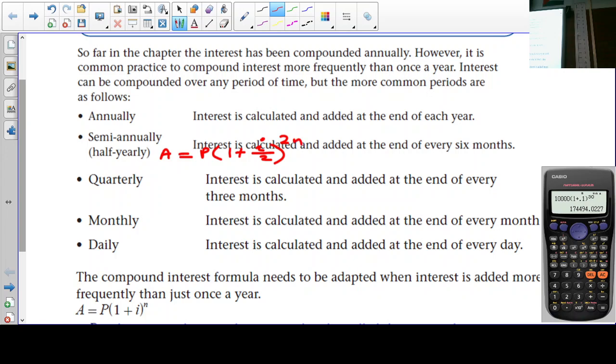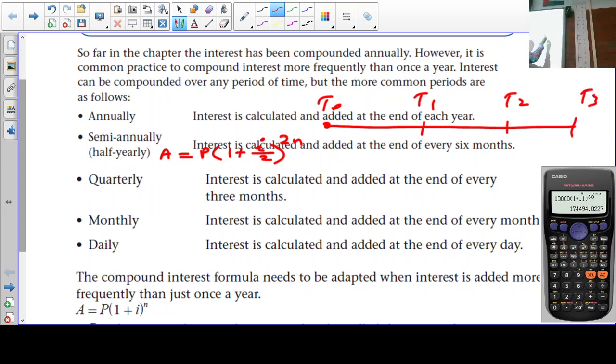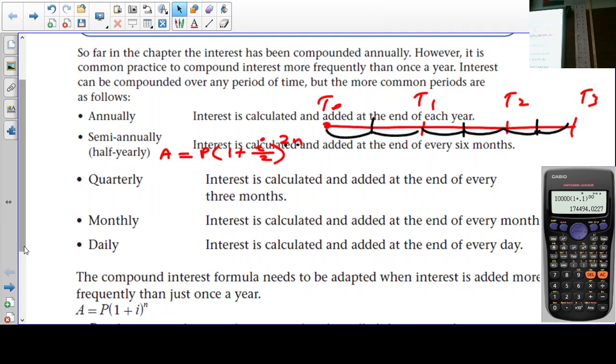Can you see that? Because over 3 years, how many times will it compound? So half yearly, it's going to happen every 6 months. So how many times is it going to happen over 3 years? It will happen 6 times over 3 years. How do we get 6? 2 times 3. Make sense? Right. Then, we are told